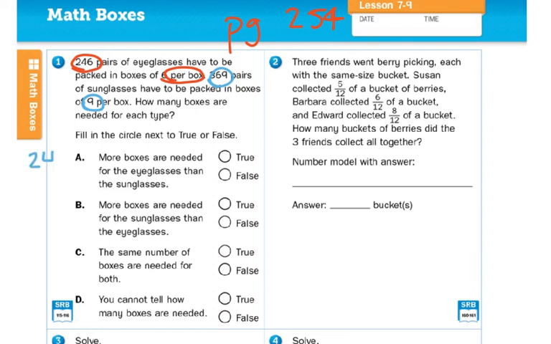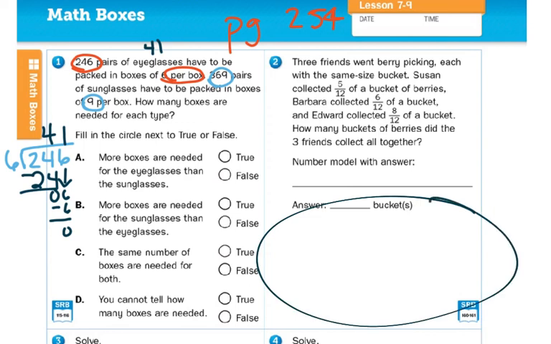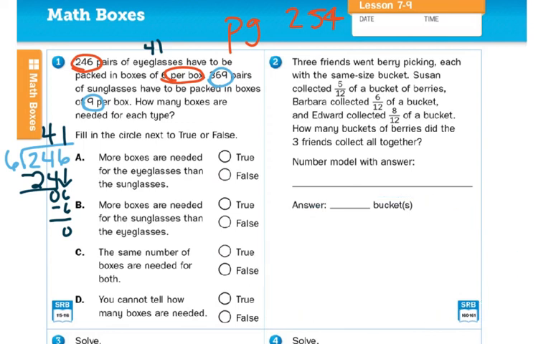So what I would have to do is take 246 divided by 6. Go ahead and write this on the side in your math journal. So 6 goes into 24 4 times. 4 times 6 is 24. And 6 goes into 6 how many times? Once. So 41 boxes for eyeglasses. So then go ahead over in this space right here, because we won't need that. So the next one, show me